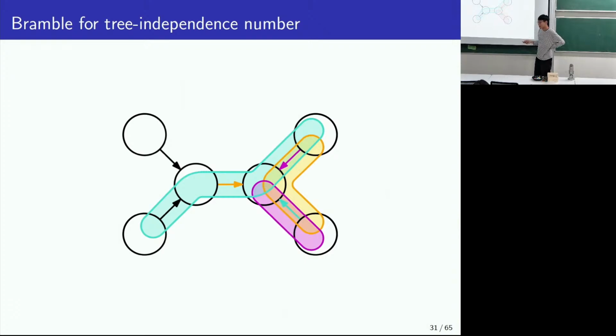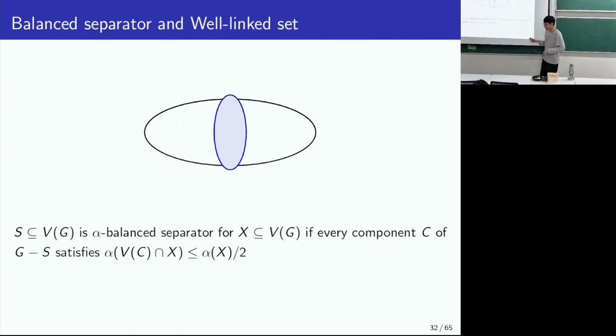Here you didn't use the strong property of the bramble, right? If it's any bramble, does it work for this direction? I don't think we use strong here. I think so. Okay. So next step, we will use the balanced separator and well-linked set, the independence number version